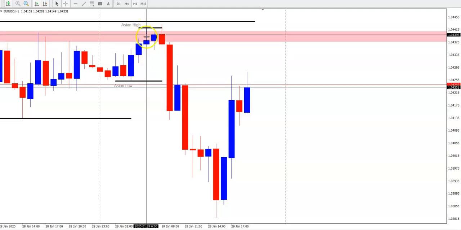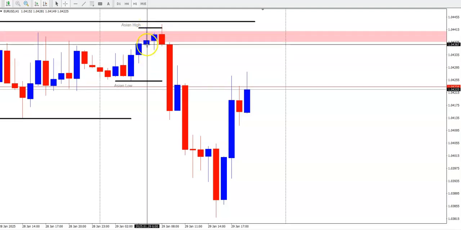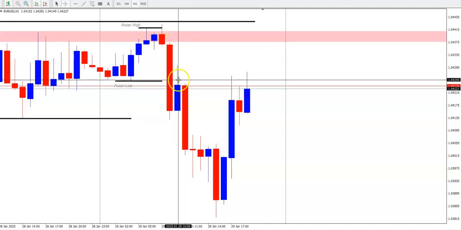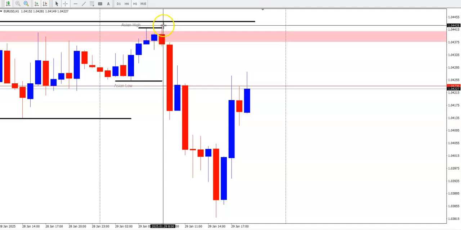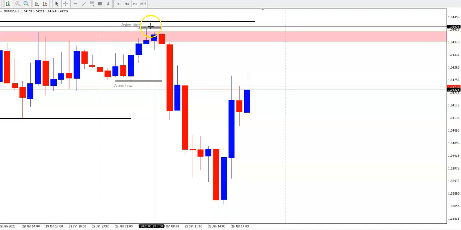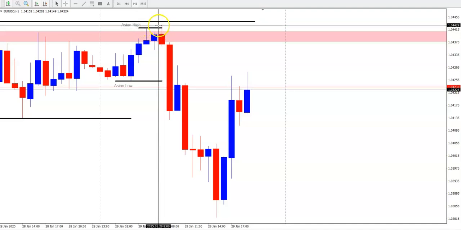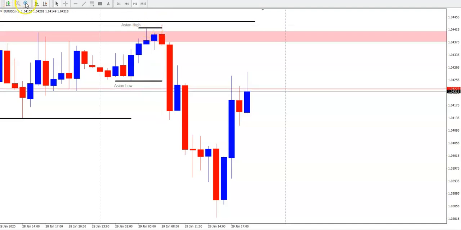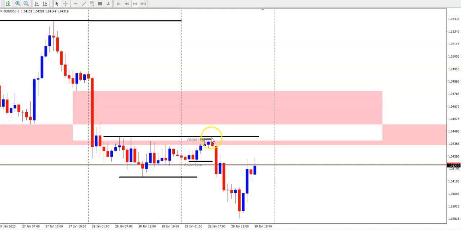After this Asian session high was formed, and as we were approaching the London open, we also noticed very important information. After this Asian session high, price actually spiked and took this buy side liquidity resting above those Asian session highs. So when this is happening, this is a very high probability,